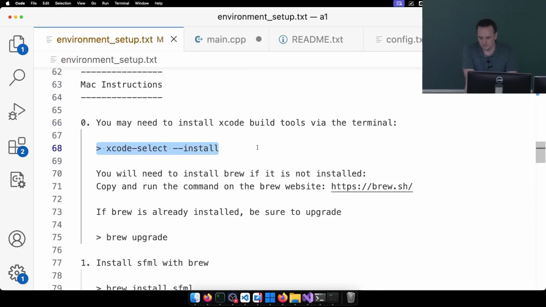First, you need to install the Xcode build tools. Even if you don't use Xcode itself as an IDE, you still need to install the Xcode build tools. Then you're going to need to install Brew. If you use a Mac and you don't have Brew installed, I don't know how you get along, but the